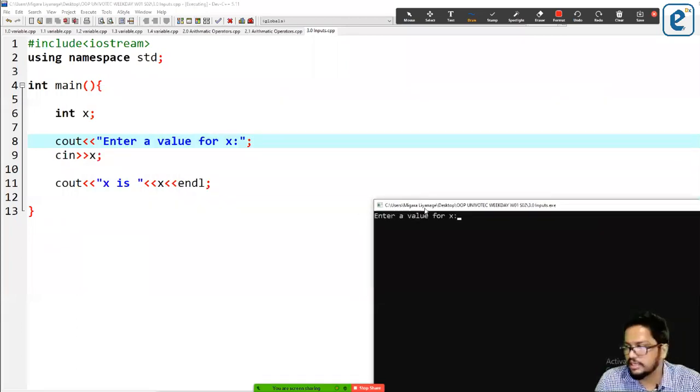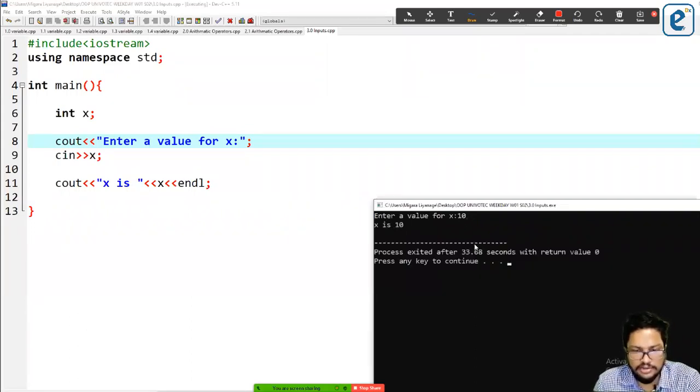Right, so you can see it like this: enter value for x. Then we have a guidance. Like in the program we say, okay, enter value for x. So we have an idea what to do here. So what we can do, enter value for x, and we can enter like this.